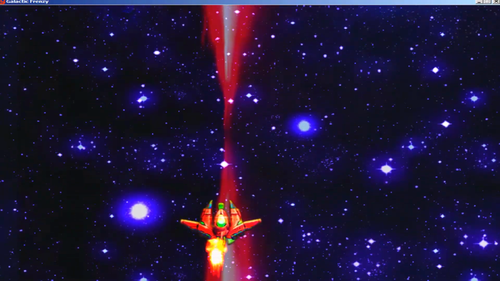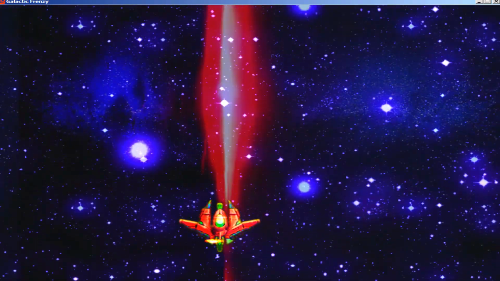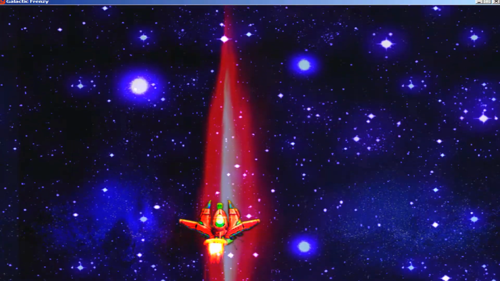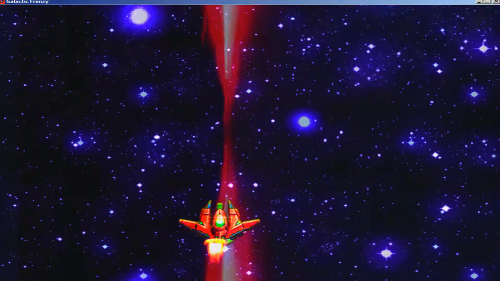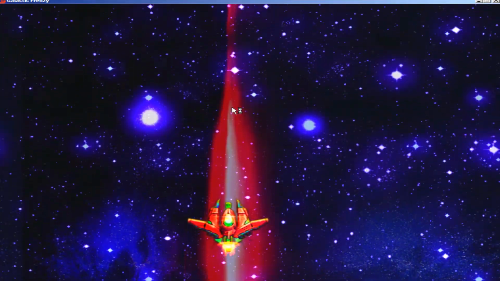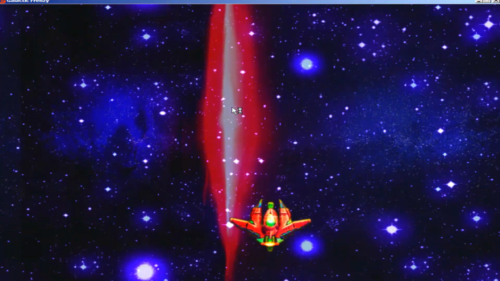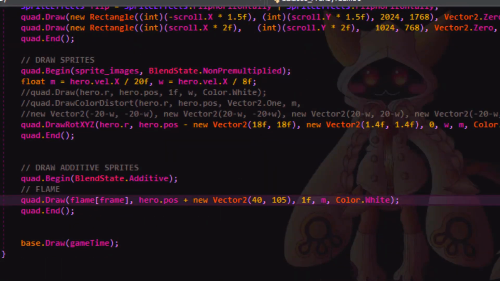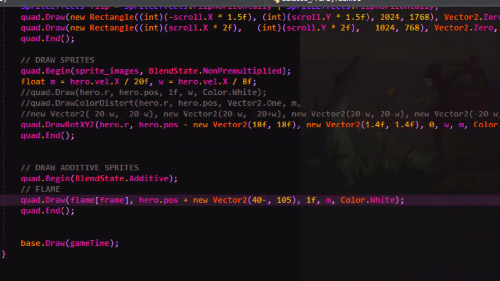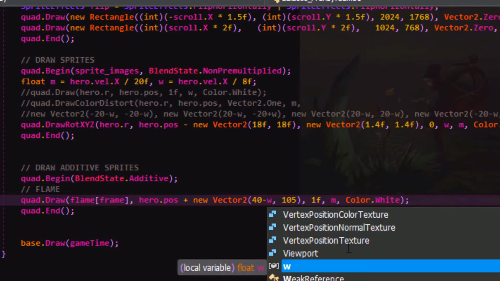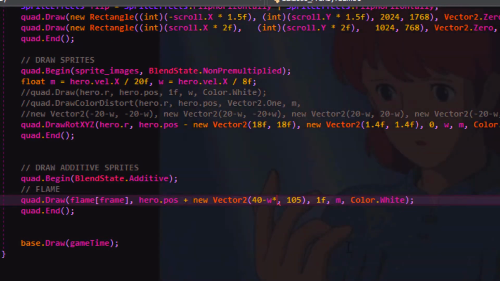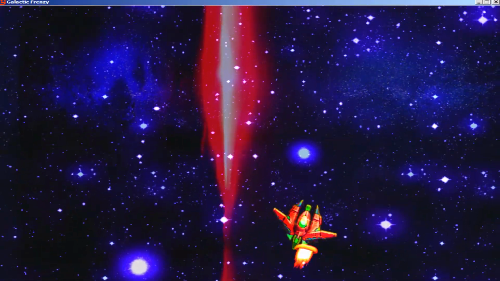Okay, so we'll need to adjust the position of the thruster, the fire. Make it a little bit more to the right and a little bit more down. So I'm going to try 40 and 100. Looks good. Maybe down just a tiny bit more. And we'll have to adjust by W somehow. Changes to like 105. And subtract the W amount here, which we're using for our banking. It's a little stronger effect. But it's going to have to be pretty strong to move it far enough, so maybe we'll try W times 4 and see how far it moves it.